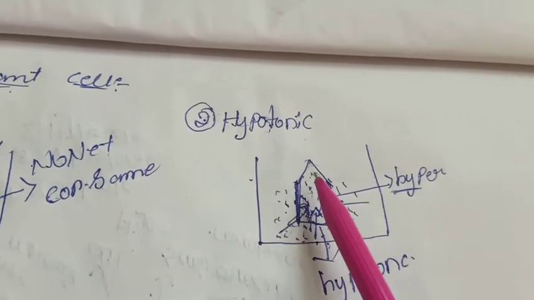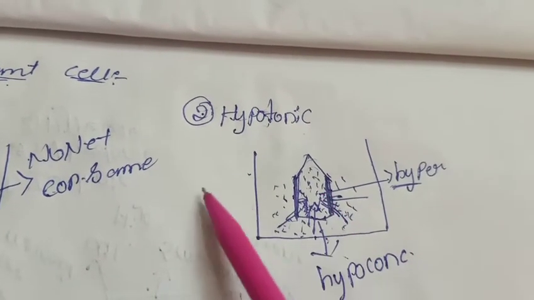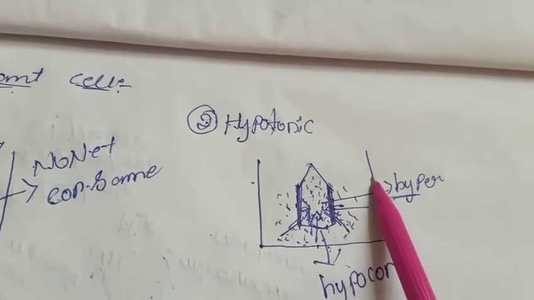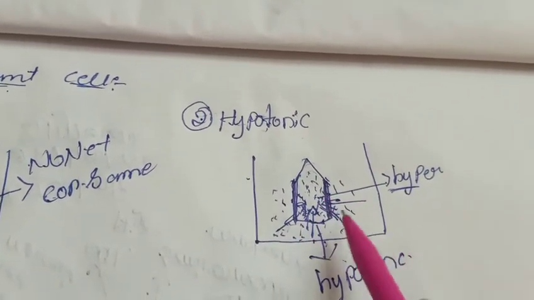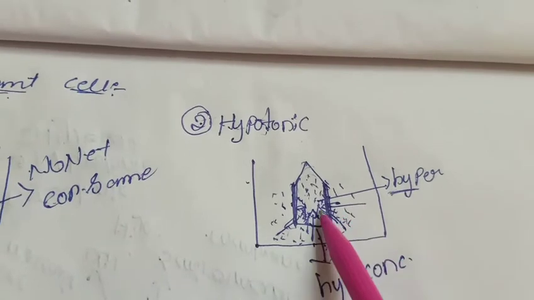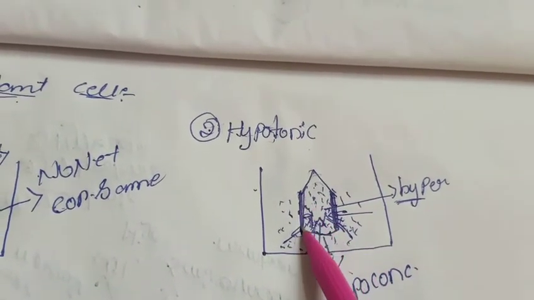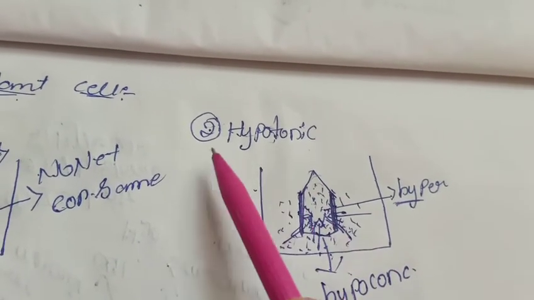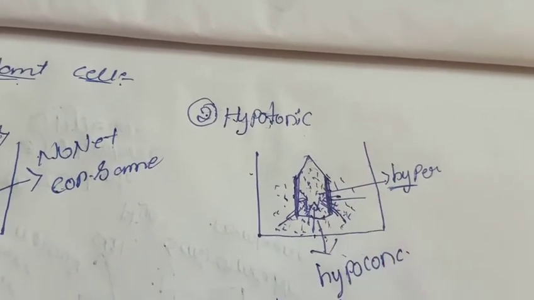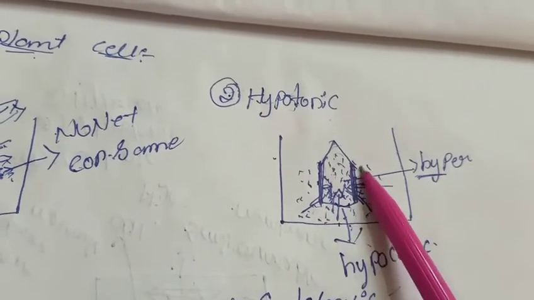But in animal cells we have discussed that there is bursting of the cell because there is no cell wall or cell membrane, so the animal cells burst. When coming to the plant cell, there is a slight difference in hypotonic solutions. Only the turgidity will become the swelling of the cell wall. Okay, this is about the hypotonic solution: endoosmosis, turgid, and the swelling will be on the walls.